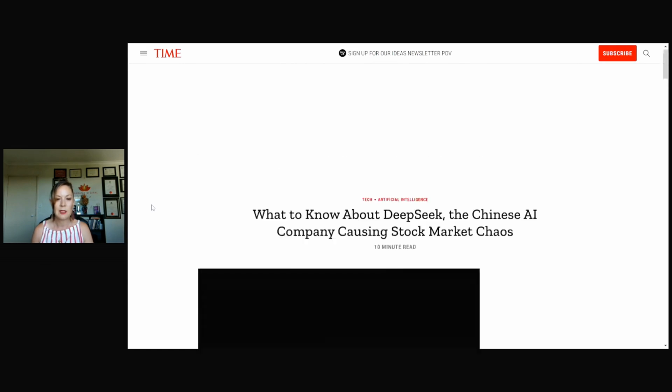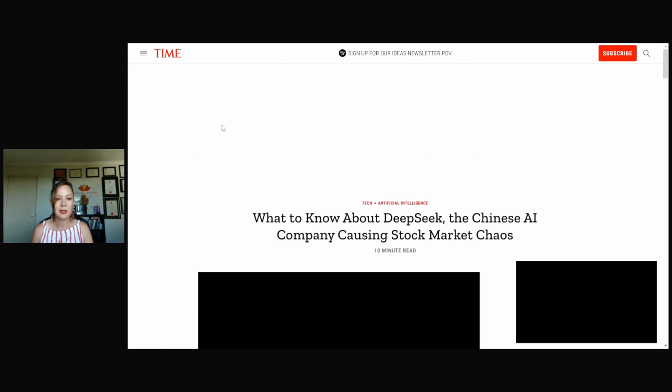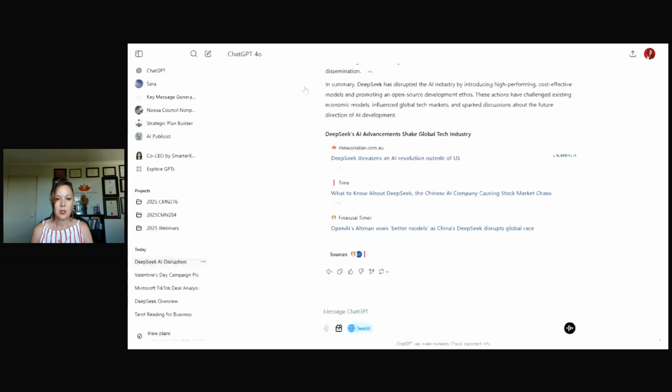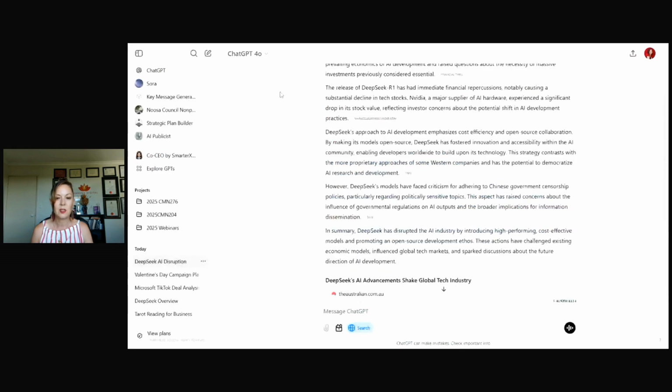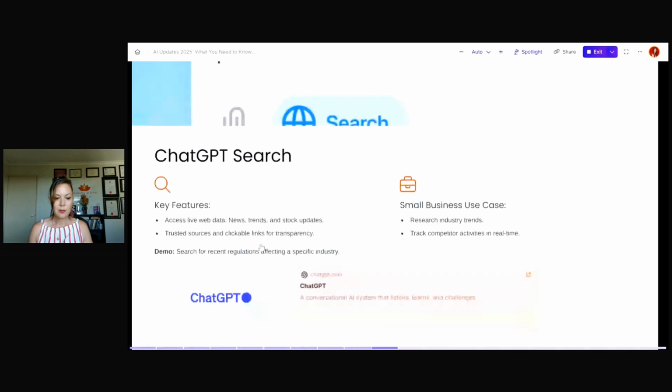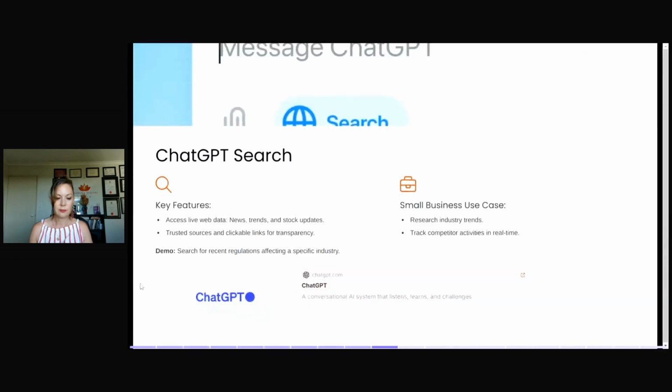It's not just scraping the internet for people's blogs and things like that. So that's search. Super helpful. But again, you should always still check the sources because sometimes it will send you to a dead end. So don't just see that there and go, oh, that must be a good source. Always check.